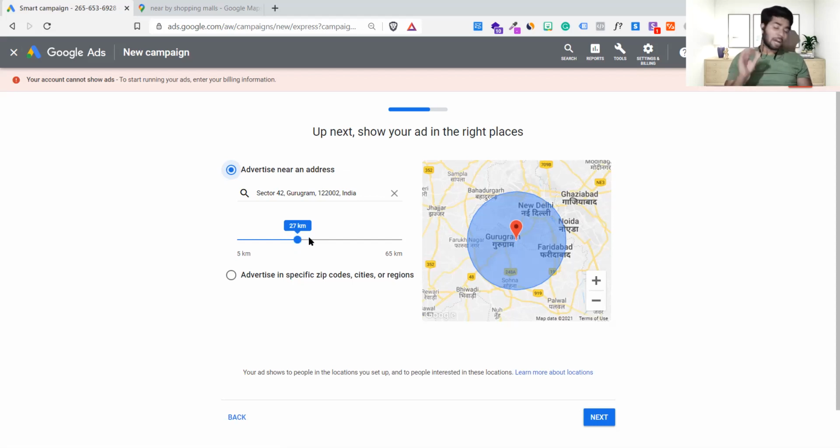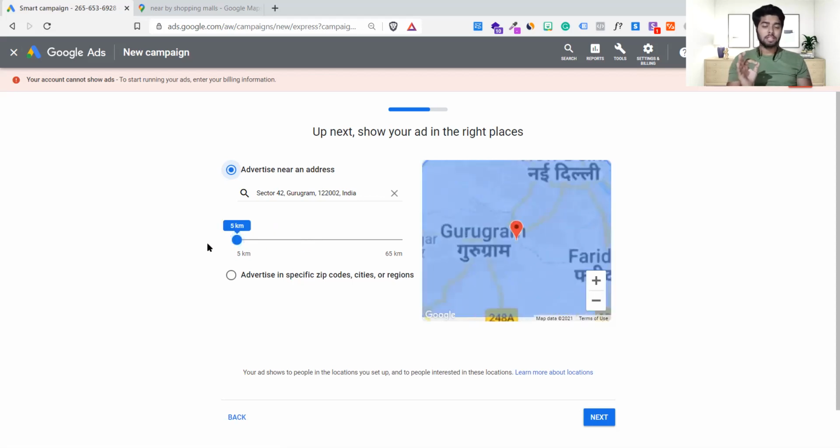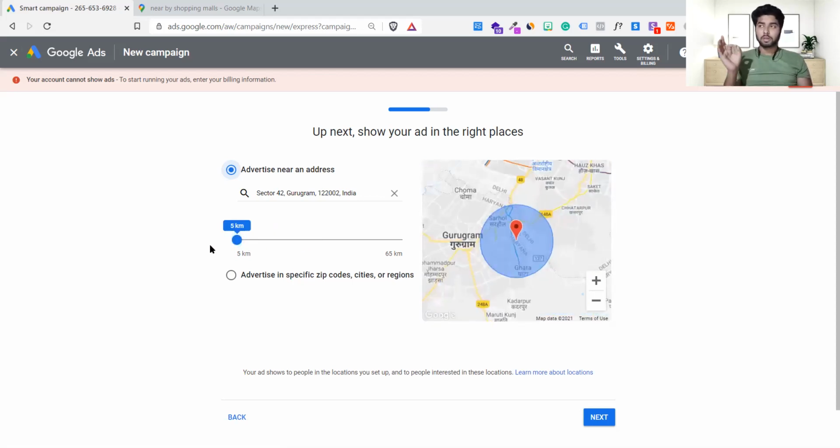Okay, 5-kilometer targeting is still very precise, but don't use it unless you are doing it for grocery stores. I think that would be better for grocery stores, to run a 5 or 10-kilometer range, because you know the number of grocery stores available in India is like n number of stores, right? Every 3 steps we have a new grocery store. Agree, guys?